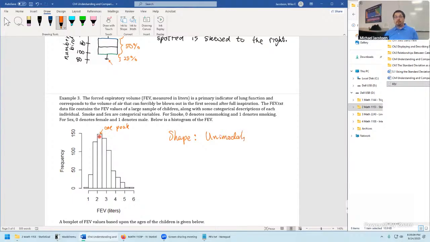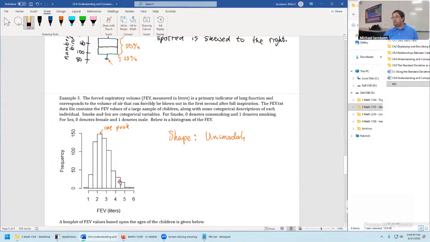Then when we're thinking about symmetry versus skew, it looks like it does have a kind of skew to it. Would you all agree? It's decently symmetric. If we ignored, say, this part of the data, if that was just gone, that's pretty symmetric looking data. But this gave it a slight skew to the right. It's not severe like we've seen in some of the other data sets, like income data, for example. But here, if you said roughly symmetric, I would say that qualifies for a response.